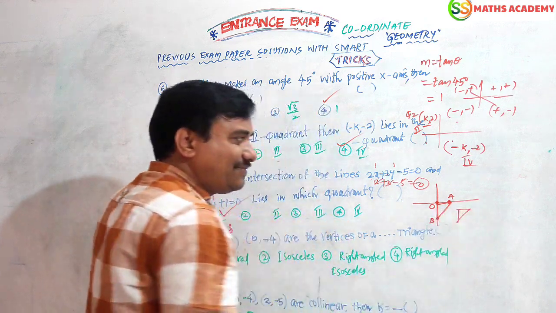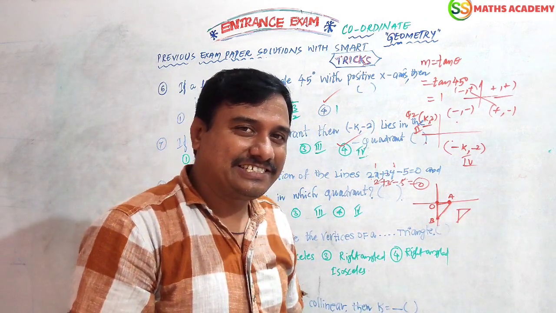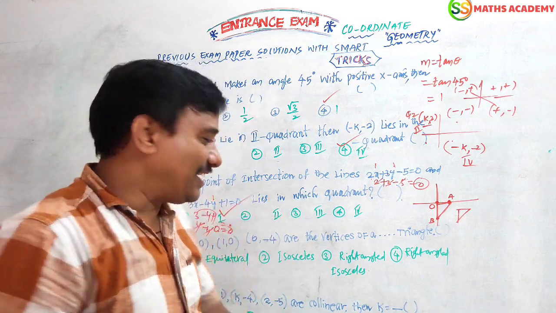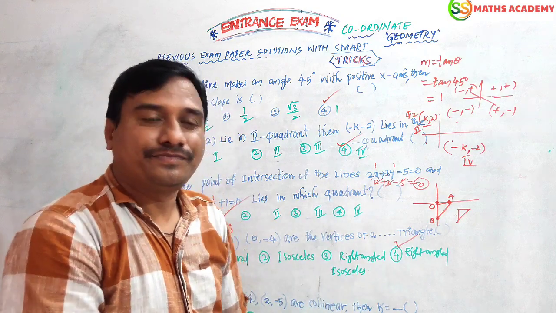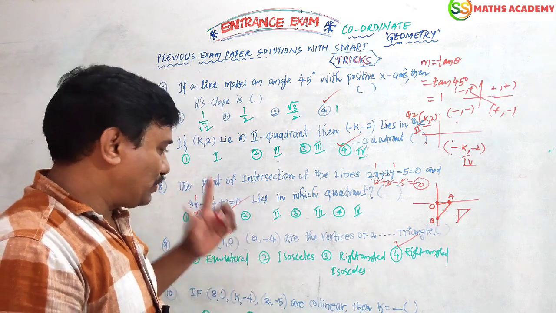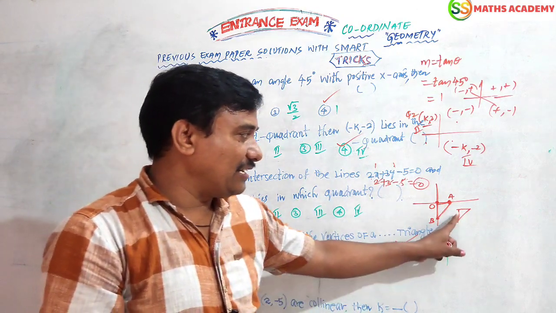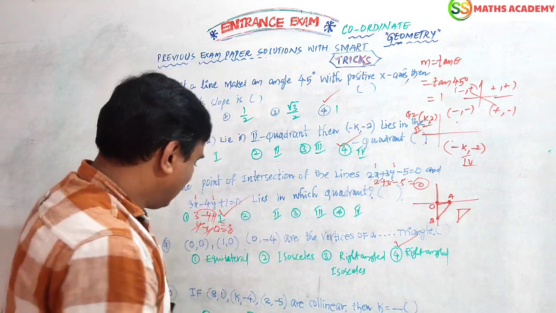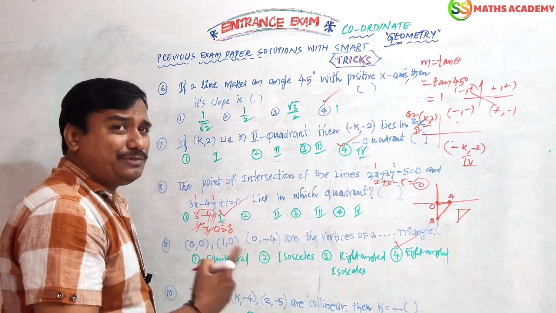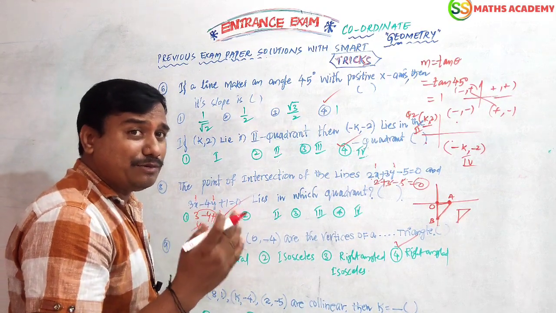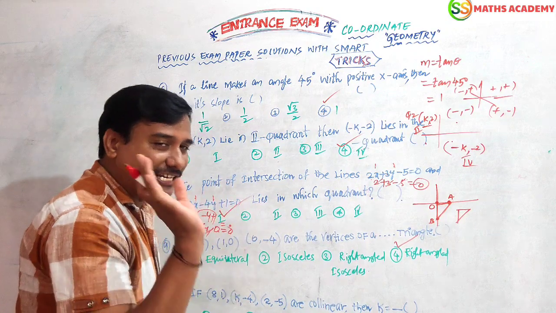Yes, absolutely. You are getting a right angle triangle. This is your answer: right angle triangle. Not right angle isosceles, not equal. This is a complete right angle triangle here only. Okay. If you draw the diagram, then you will get the answer like that. Otherwise, you can do AB plus BC plus CA, then AC square equals AB square plus BC square. You will get the answer definitely.